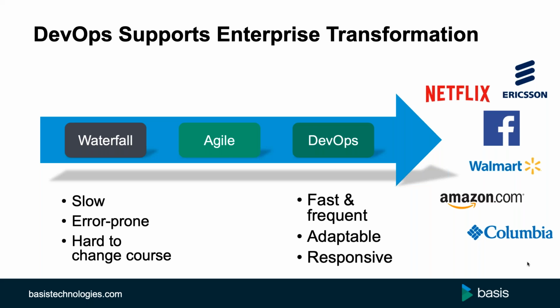And the key thing is it's all about business value, and that's why this slide says DevOps supports enterprise transformation. So what DevOps is going to do is allow our businesses to be more agile, more adaptable, more responsive, and let them judge more quickly whether they're on the right track and whether what they're doing is working. So it's very much connected to the big picture, and it's about both IT transformation, but really about business transformation,